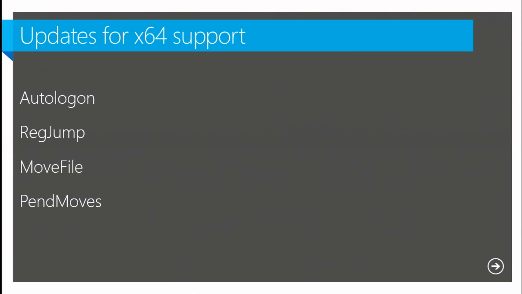A lot of the releases just involve bug fixes to the utilities. I'm going to be talking about new features. One of the things that's changed is some of the utilities have gained additional support for Windows x64, 64-bit versions of Windows. Some utilities like Process Monitor, if you run them on a 64-bit system, they have to run 64-bit code. It needs a 64-bit driver, etc. But we also want to be able to run on 32-bit. So the way Mark does that is you download and run this executable that's 32-bit. And when it detects this is a 64-bit system, it has 64-bit versions of the program embedded within it. It extracts those out and then runs those.